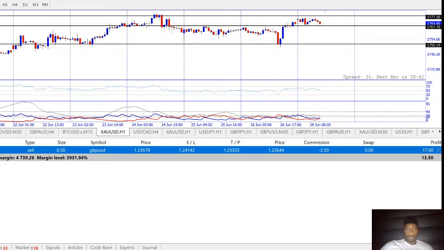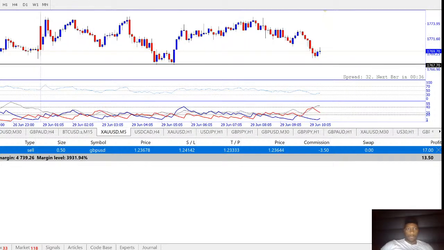Let's go to the 5 minute chart real quick for gold. So gold has been dropping, but eventually it's going to go back up. So this area,